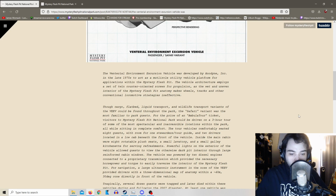Located in the lower cab beneath the front of the vehicle, inside the main cabin were 8 rotatable plush seats, a small lavatory, and a small galley kitchenette for serving refreshments. Powerful lights on the exterior of the vehicle allowed guests to view the otherwise dark pit interior through the large reinforced glass cabin windows. The vehicle was powered by 2 diesel engines connected to proprietary transmission, which provide the necessary horsepower and torque to easily traverse the interior of the Mystery Flesh Pit. For navigation,